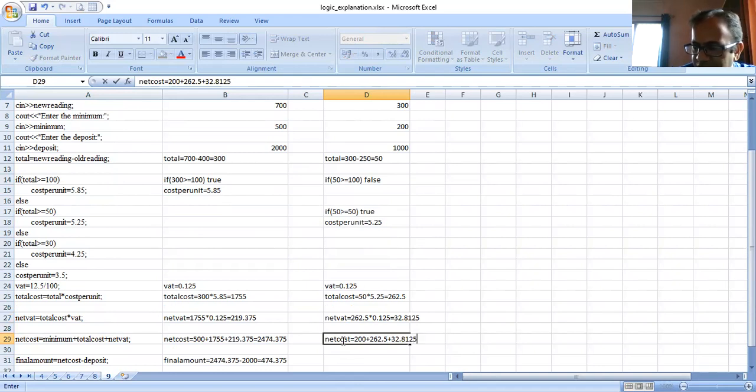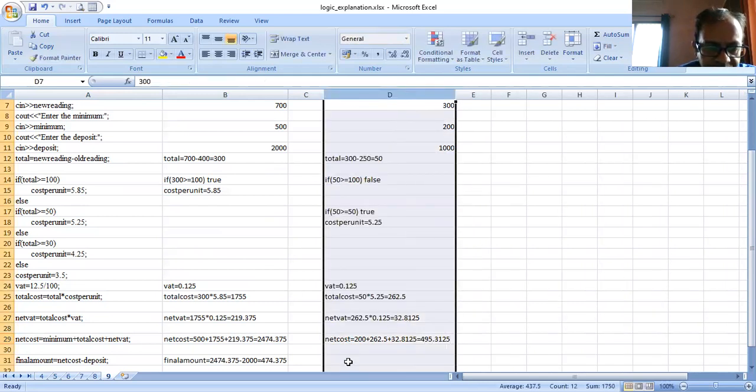So we add these values: 200 plus 262.5 plus 32.8125. We get the answer 495.3125. This is the answer which will go into the final amount.